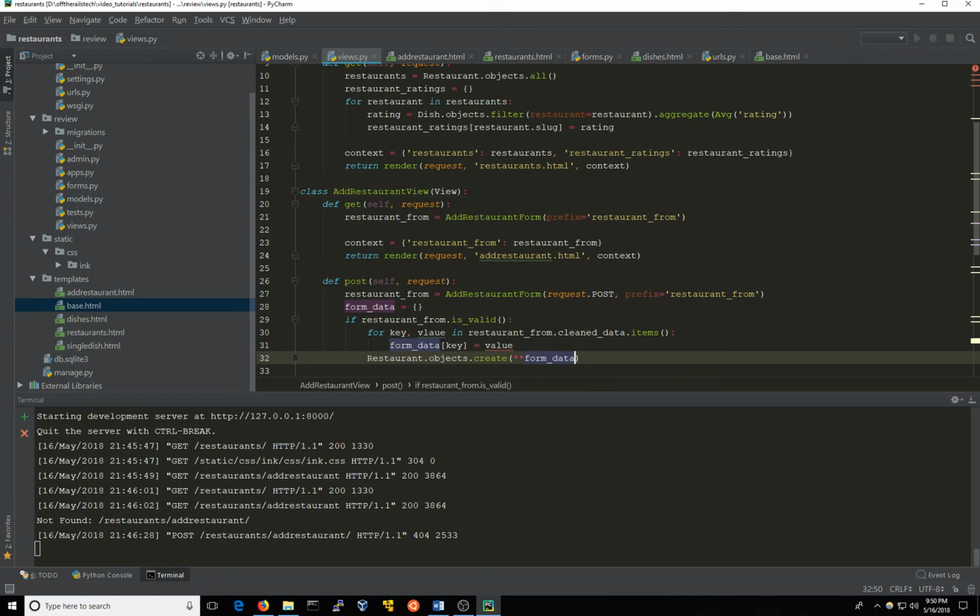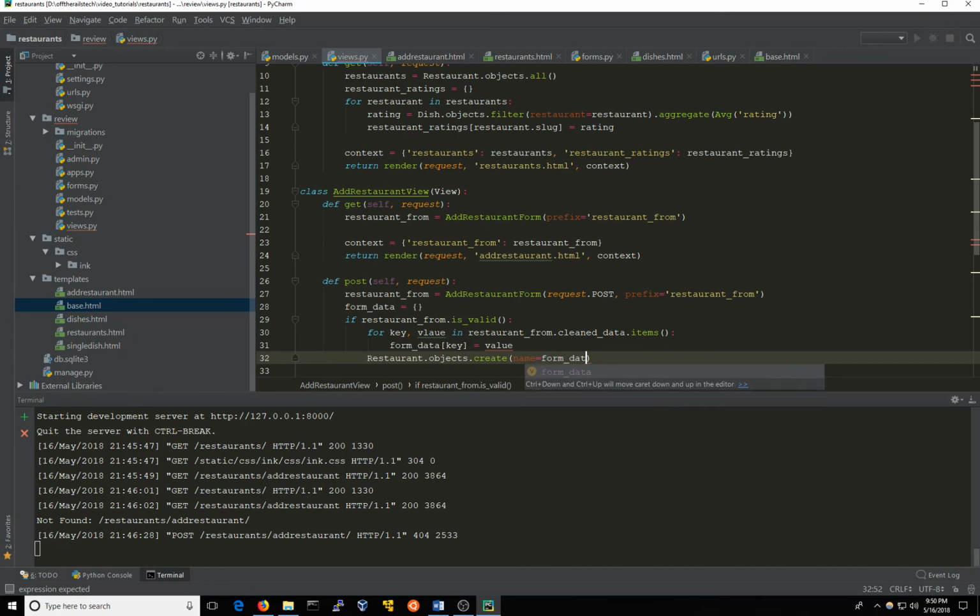And that's going to take everything in the form data and just add it. And when I say just add it, it's basically a short, easy way to do it that's not manual. So the manual way would be to say create, and then you just do every single field. You do name equals,